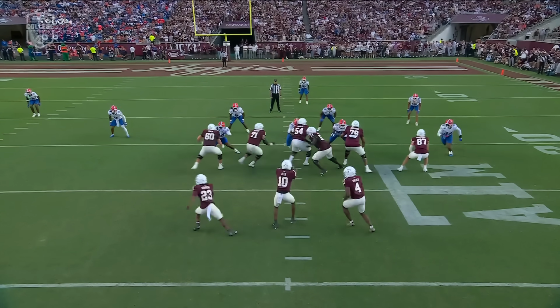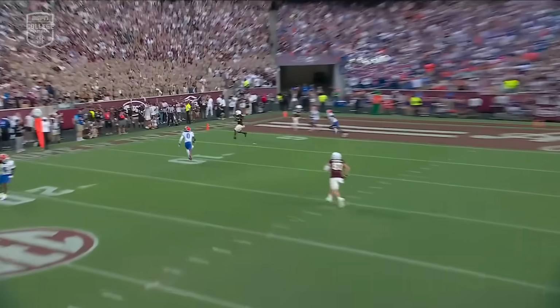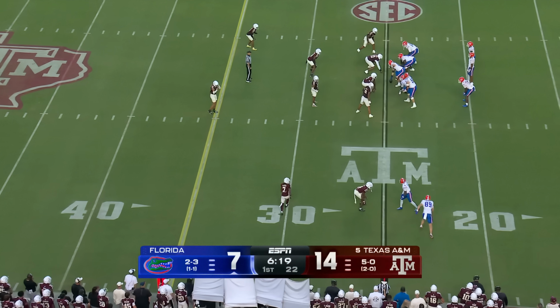Wamoro is here in the backfield, and he's going to run a corner. You're going to see a post from the outside by KC Concepcion, and nobody covers the back. Looks like...